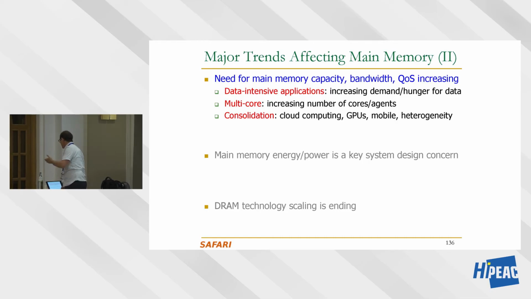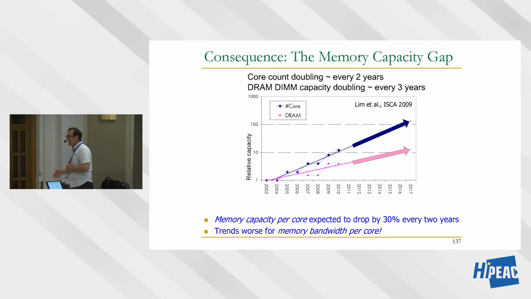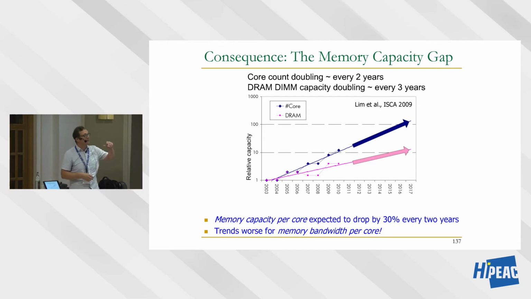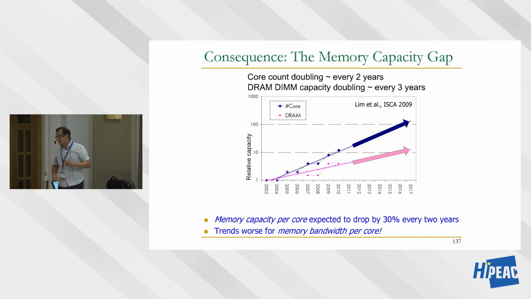Okay, consolidation is also important. We want to put more applications together, and they actually demand more from the memory system if multiple applications are running. So let's take a look at an example. It's a paper from HP Labs and the University of Michigan, from ISCA 2009, where they showed that core count is doubling approximately every 2 years, and DRAM capacity is doubling approximately every 3 years, which means that there's a gap between memory capacity and the